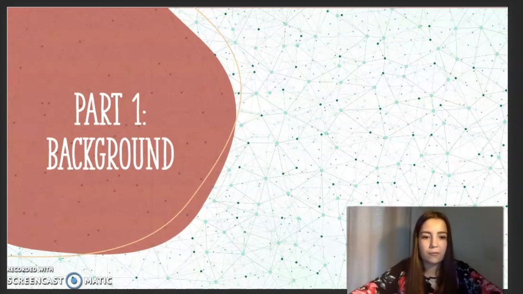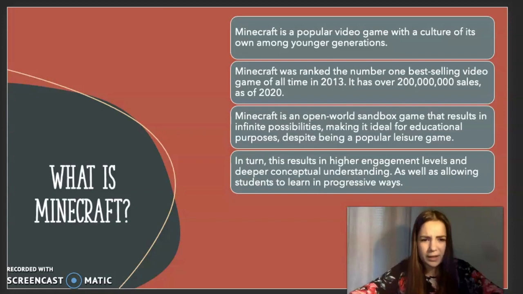So we're going to just start off with the basics of what is Minecraft, because I'm sure everyone has heard it before, but also sure that every single person watching this video is not an expert on Minecraft and needs a little bit of a refresher on what it is itself before we make the argument of how Minecraft can be used as a form of assistive technology. I do know that the idea of using a video game in education, let alone using a video game for assistive technology, is a more radical approach. It is still notable and it is still important, and that's everything that this video is going to hone in on. So to start, what is Minecraft?